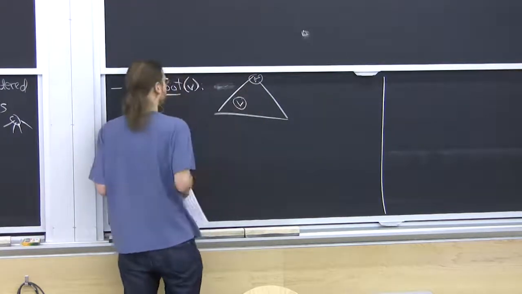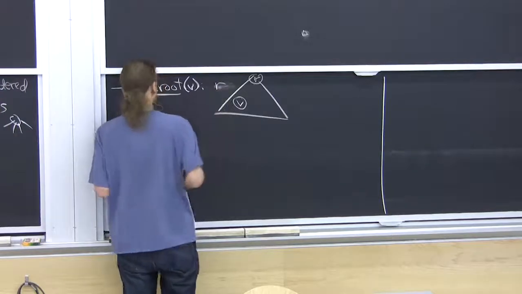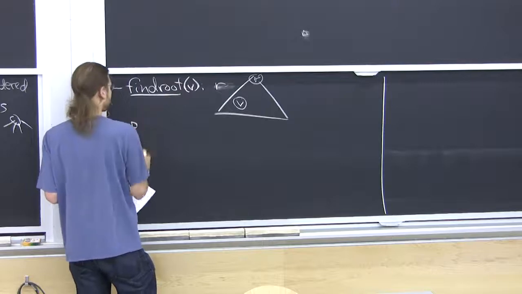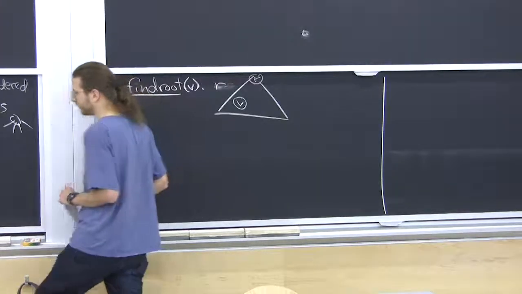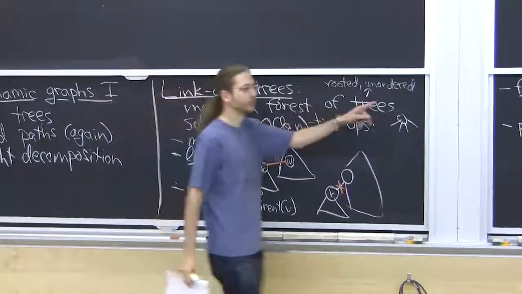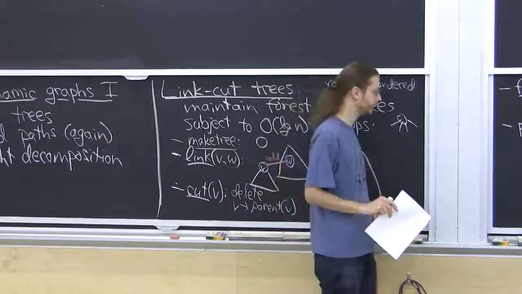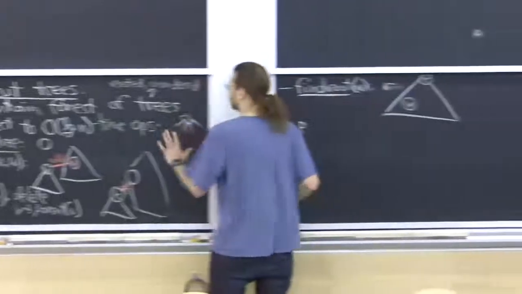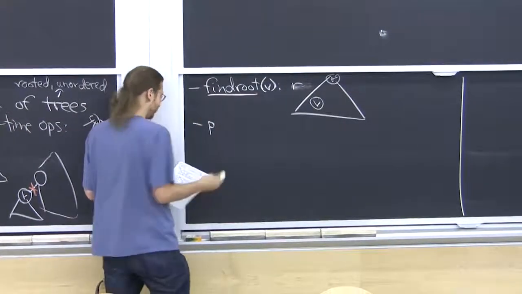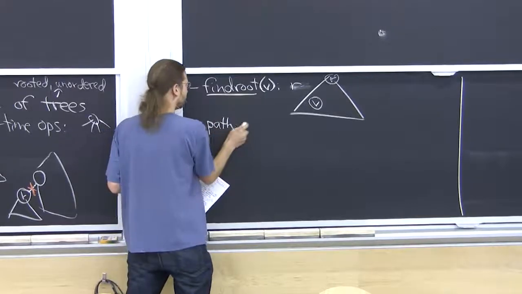Okay, so find r. And that's pretty easy to do. We'll actually see in next lecture, if you want to do make tree, link, cut, and find root, there's a really easy way to do them in logarithmic time. Link cut trees are a harder way to do it in log n time, but they support a lot of other operations, and in particular,